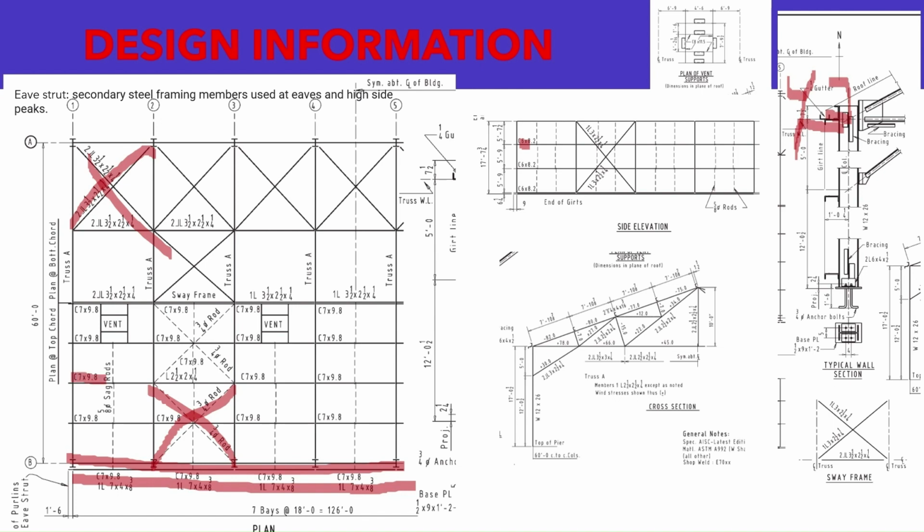Sag rods are used to align the purlins and girts. So in side elevation, girts are used to support the wall and these are the sag rods. These are used to align the girt. And for purlins, here